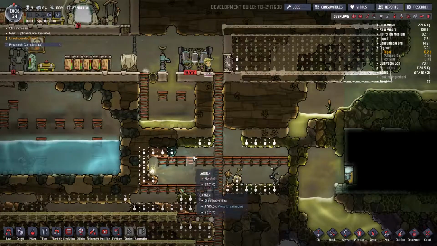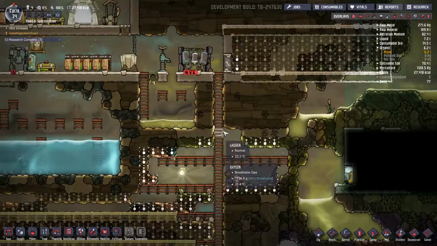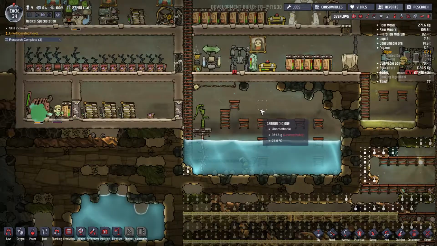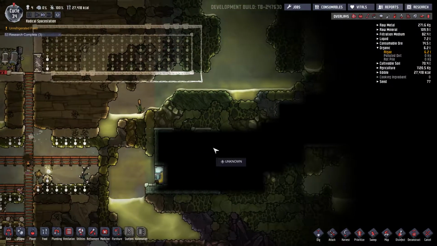Oh, we have new duplicants available. Cooking... No one's good at cooking ever! Why? Why is this a thing? I just want one person who can cook us food non-stop, so we never have to worry about that again in our lives. Also, that bit of polluted water there is a little...